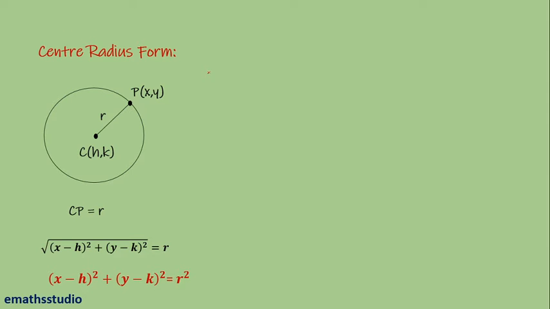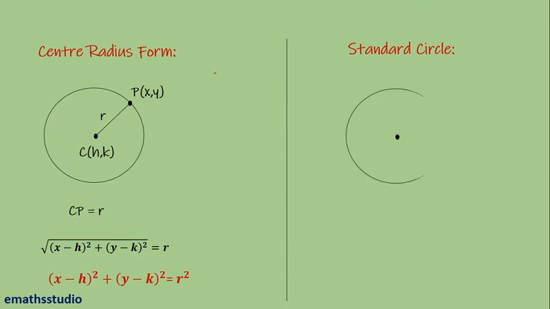Now moving ahead with the theory, I'm considering a standard circle now. Look at the diagram. I'm considering the center of the circle here. This is the circle. A point on the circle is considered. Now look at the difference between this and this. Here the center of the circle we are considering as the origin, and that is the meaning of standard circle. It is the circle having center at origin. Further, the point P is (x, y) only, and if I join CP, I get the radius.